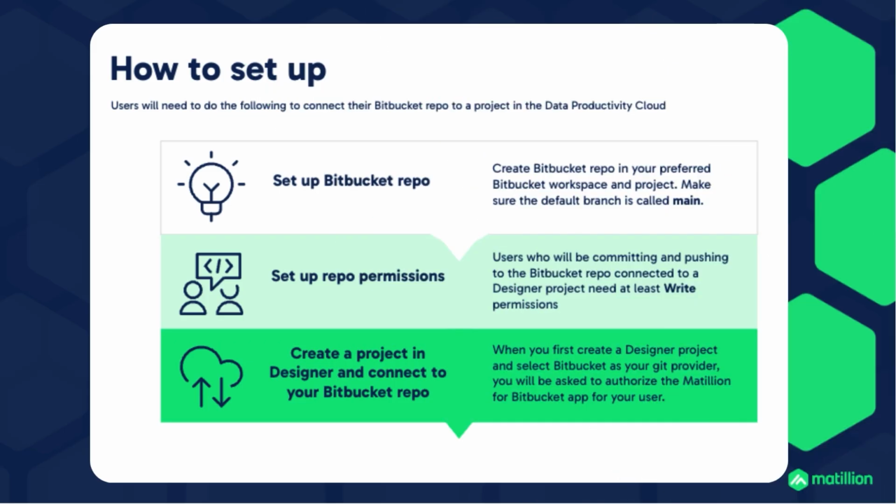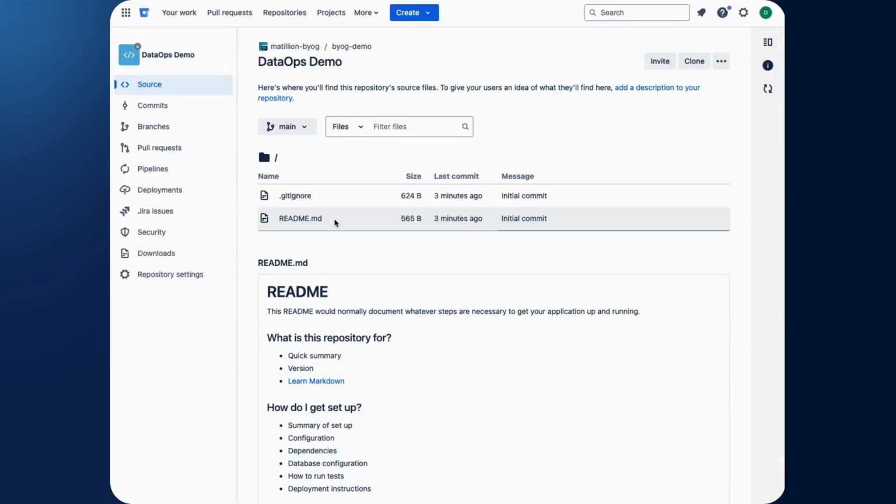This feature is built for the data engineer and data analyst that use Bitbucket repos to manage changes in their pipelines. We offer secure and seamless integration with Bitbucket via the Matillion for Bitbucket app. This provides high security, granting fine-grained access only to the repositories and actions required for the Data Productivity Cloud to store and retrieve data pipelines. This will correspond to the user's Bitbucket permissions.